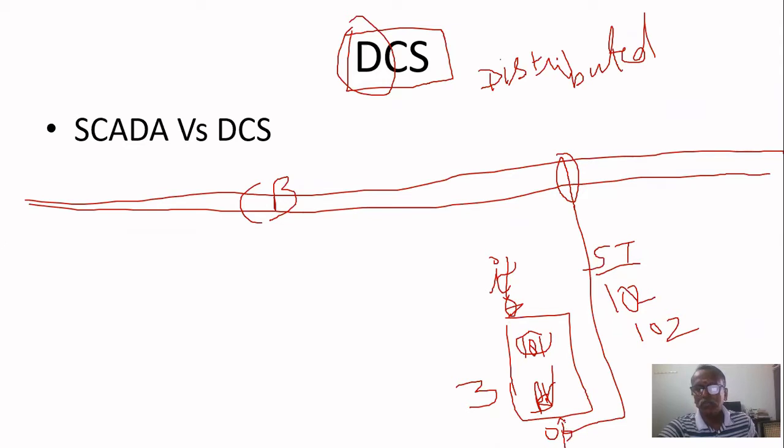Output is sensed by this smart transmitter, and it places its data every 3 seconds on the communication bus. That's all. A digital data is placed on this. That's all. Its work is over. Then somewhere here, a controller with a tag number